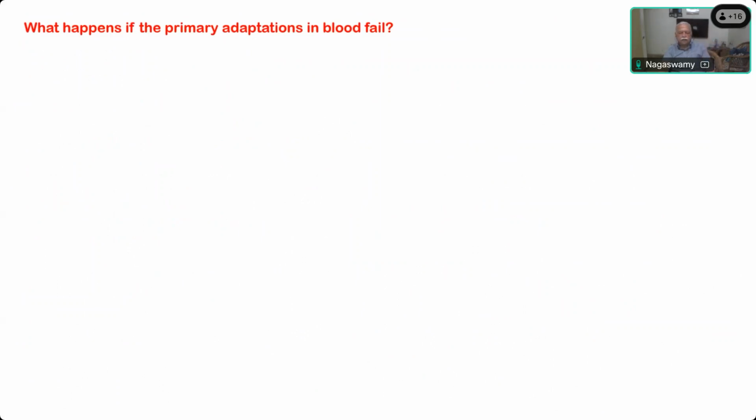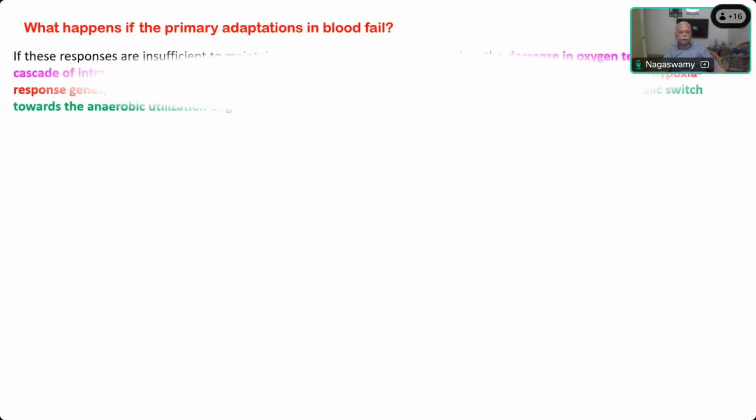These are the three basic immediate compensations that happen in an anemic patient. But if those adaptations are not sufficient to supply oxygen to the mitochondria and maintain aerobic respiration, what will happen? There comes the